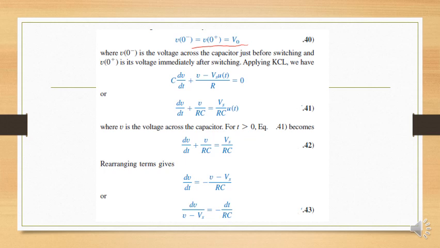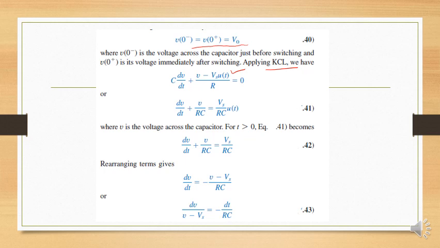Now, in this case, as we studied in our previous slide, we have to apply KCL. What is KCL? We have a capacitor and we also have a resistor. So, what is the current through the capacitor? C into dv over dt. And what about the resistor? V minus Vs u of t, where u of t is the same step function, over R. What was R? R was the resistor. Vs is the given source, V is the nodal voltage.